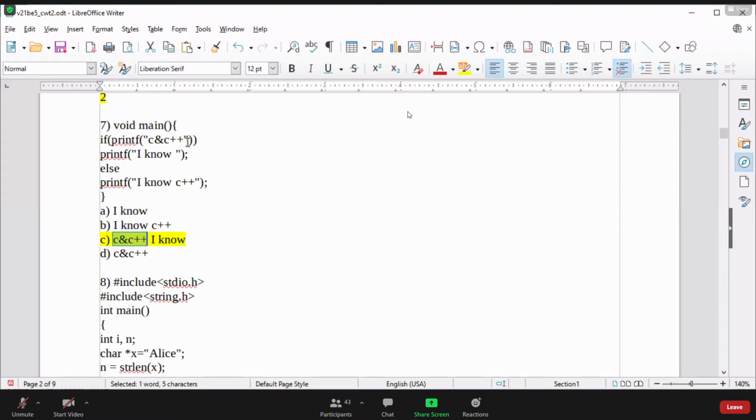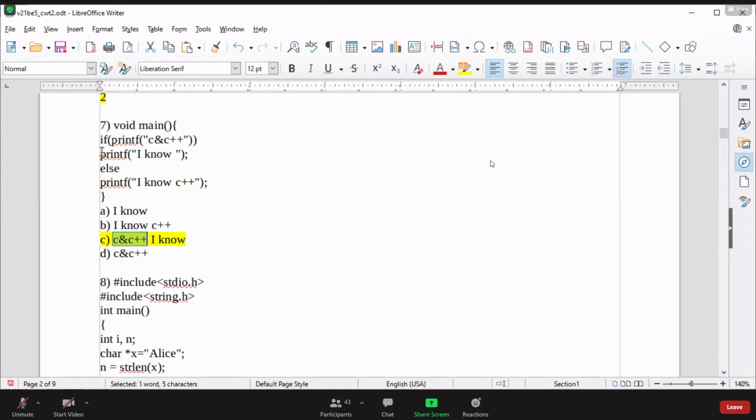Then, how do we decide the if statement condition? Can anyone tell me how to decide the if statement condition? What will be the if statement condition? Either it's true or false. How to decide? So here we can say the if statement condition is going to be decided with the help of the printf return value. Correct. One student has given the answer: printf return value. One more student has given the answer. So we can decide with the help of the printf function return value.